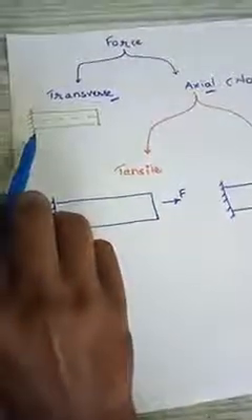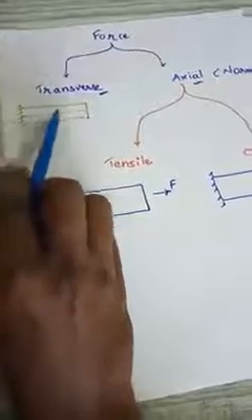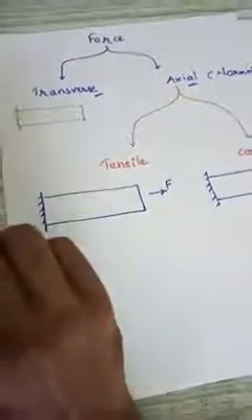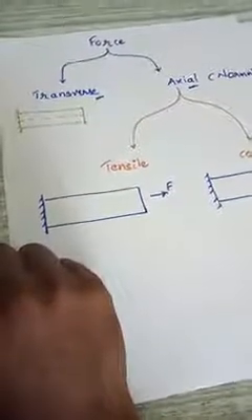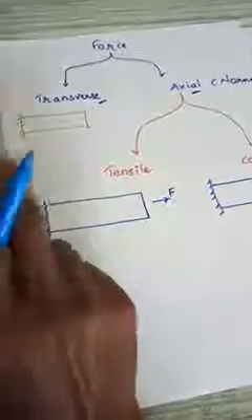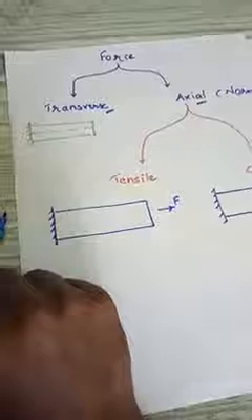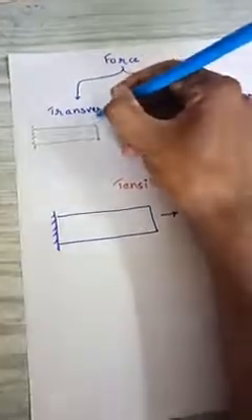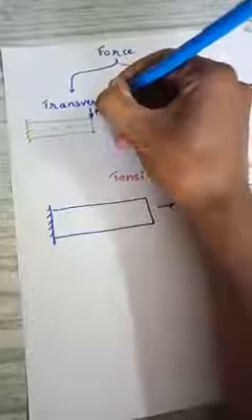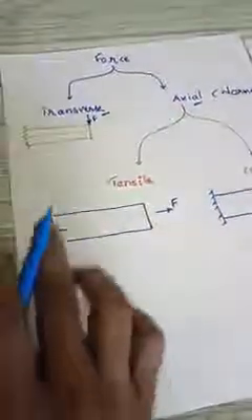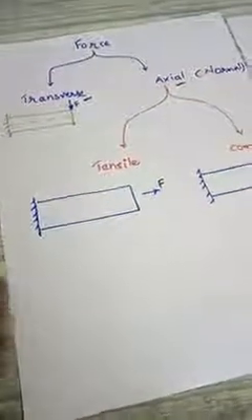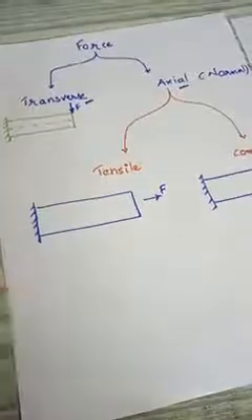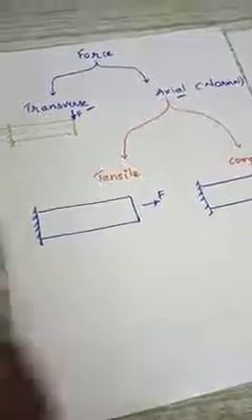The transverse force. Let us consider a bar. I have defined here the axis, which will be the centroidal one, the axis which is passing through the center of the cross section, so we are calling it a centroidal axis. If the force is acting normal to the centroidal axis, we are calling this force a transverse force. If it is acting normal to the centroidal axis, we are calling that transverse forces.